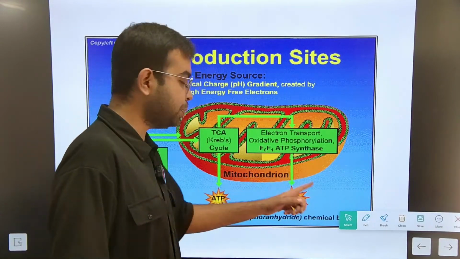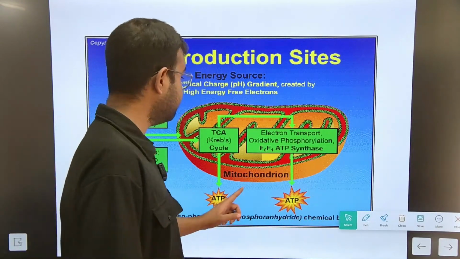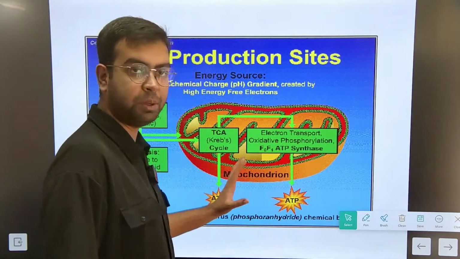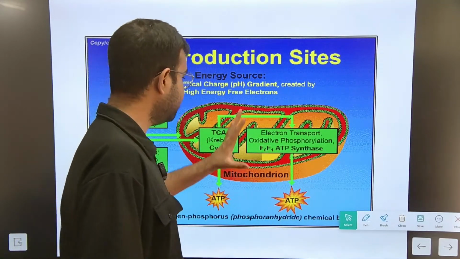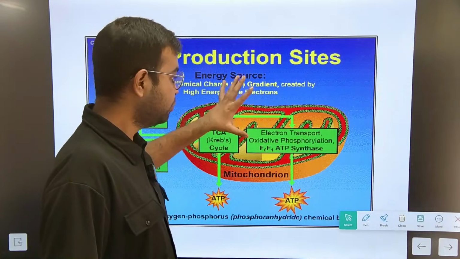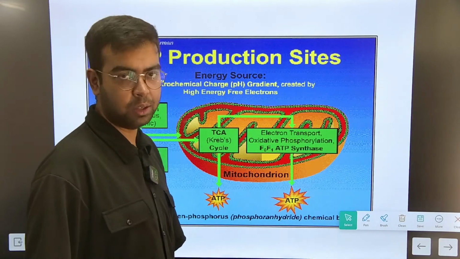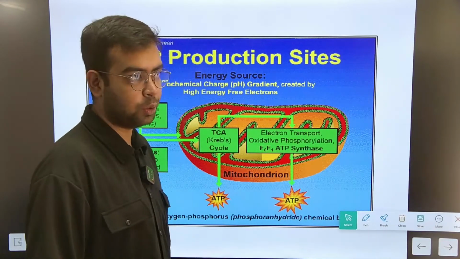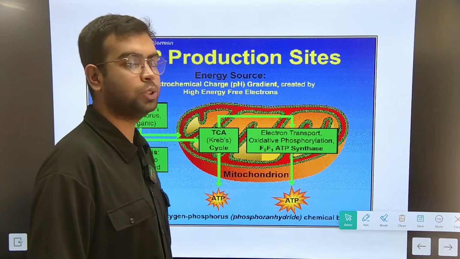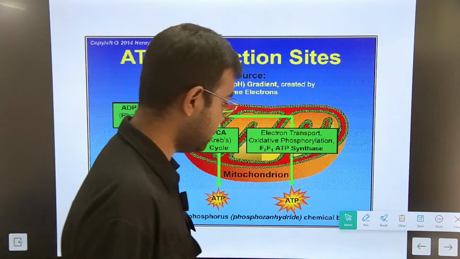इन तीनों steps में ATP will be formed as a by-product differently, और ये जितना भी ATP form होगा, this ATP is stored in the mitochondria, which is why mitochondria is known as the powerhouse of the cell. जब भी सेल को जरूरत होगा, mitochondria से ATP का energy use करके the cell will do its work.